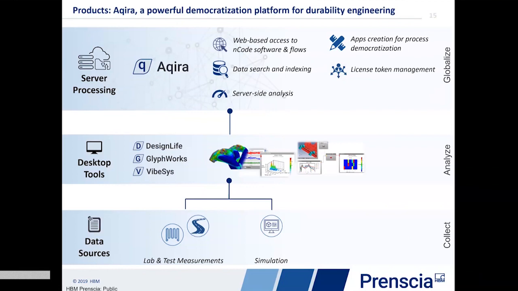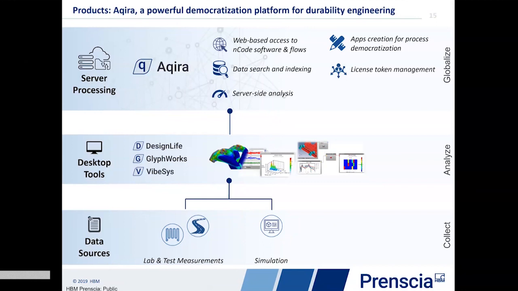We've got data search and indexing capabilities in Akira, again making searching data easier. We've got a good way to manage licenses with licensing benefits in Akira, and the analysis that you eventually run is happening on the server side, right? So you can have a very powerful server and run your analysis via apps and data search from your local computer, which may not be a very powerful processing computer, right?